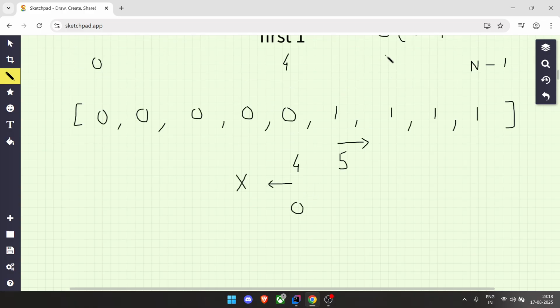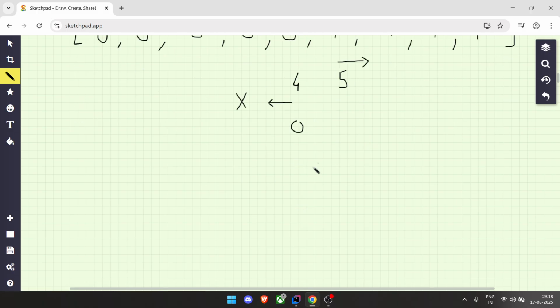Let's take this sixth index, right? Now sixth index has value 1. Since this sixth index has value 1, we know everything to the right of 6, which means index 7, 8 and so on, will have value 1. Now why 1? Because